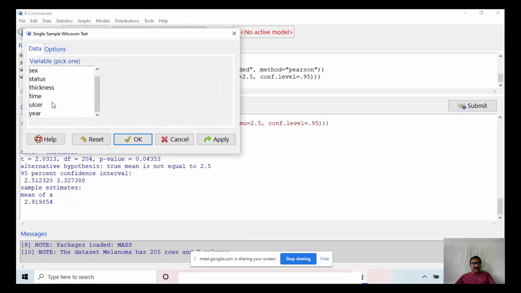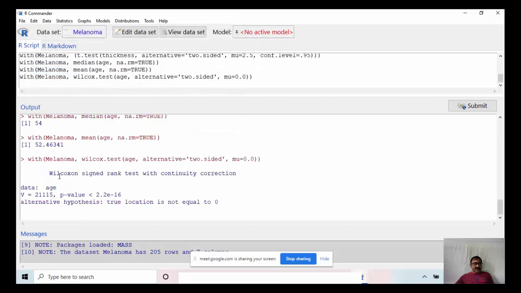Suppose I want to, these are the variables. It will show only those variables for which this test is applicable. Otherwise, it will not show that variable here. So I use this age. So this test is with age. The statistic is this. P value is this.